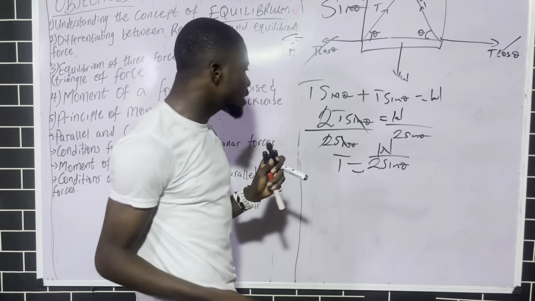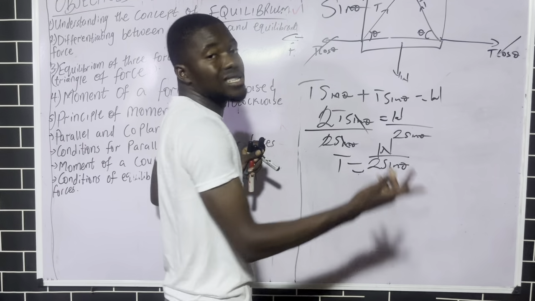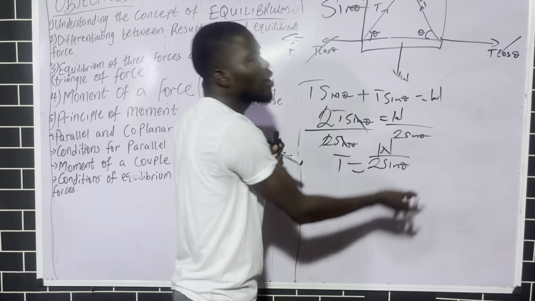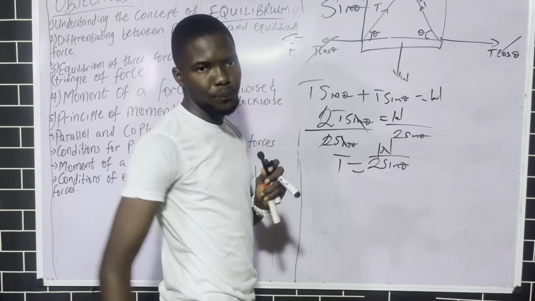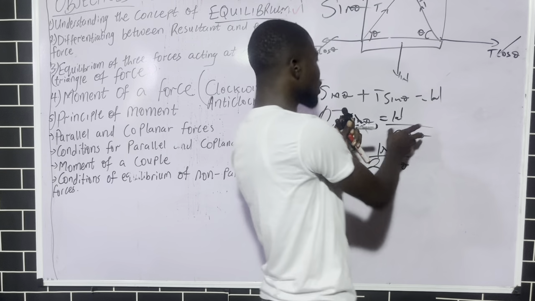I'm done. If the question says I should find W, all I have to do is say W equals 2T sine theta. Just look for any of them, whatever they say you should find from this formula. Are you with me? Now, what actually brought me to this point in helping you explain,